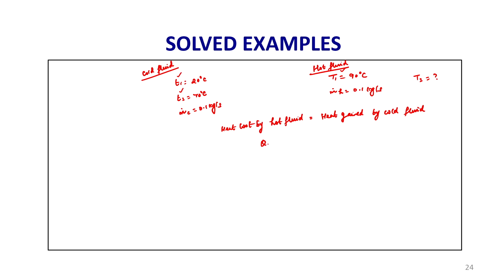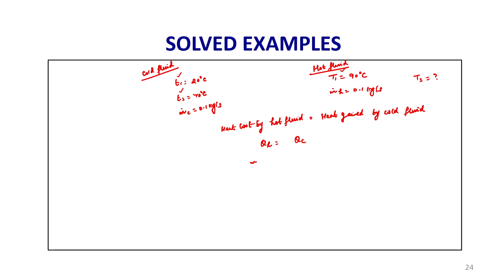That means QH is equal to QC, and the basic formula is m Cp delta T. So, here I can write m dot H, Cp of hot fluid, and delta T for the hot fluid is capital T1 minus T2, which is equal to, for the cold fluid, the mass flow of the cold fluid,